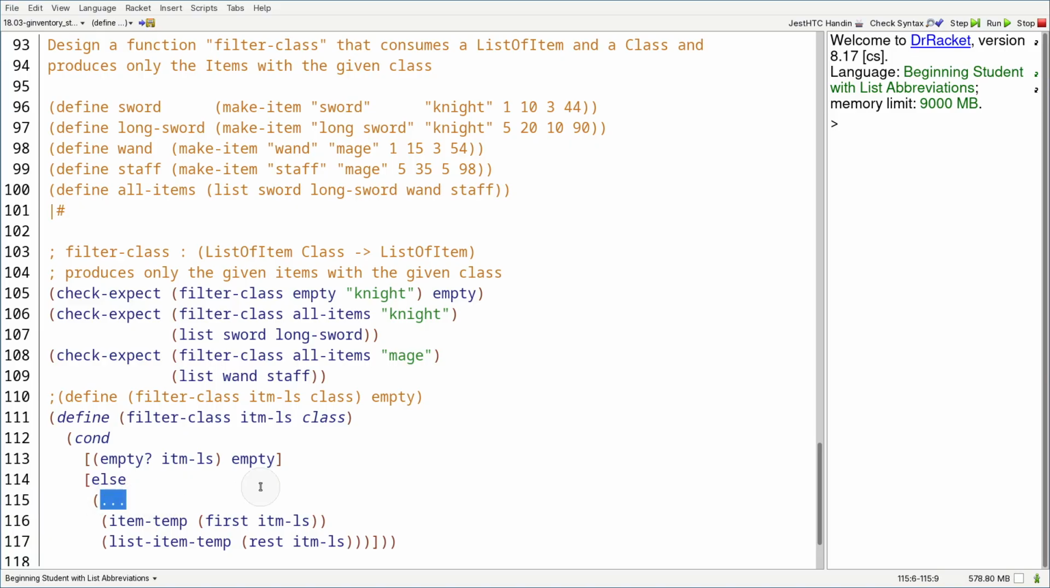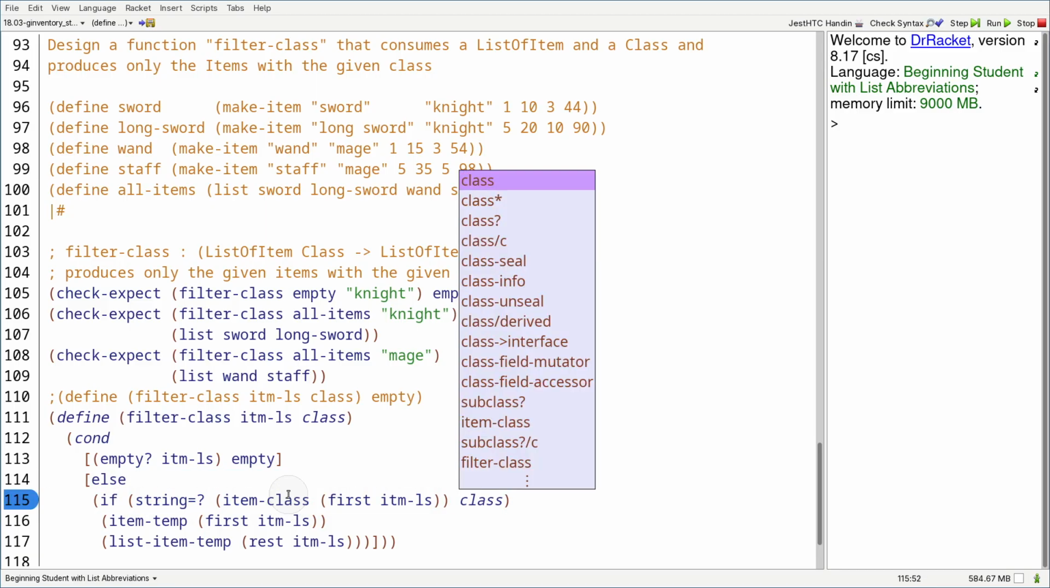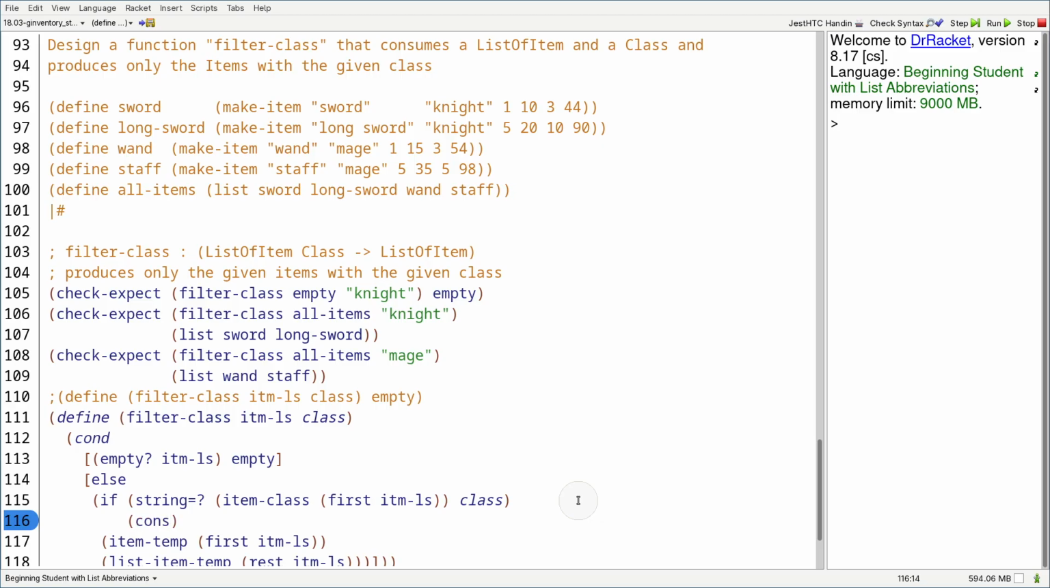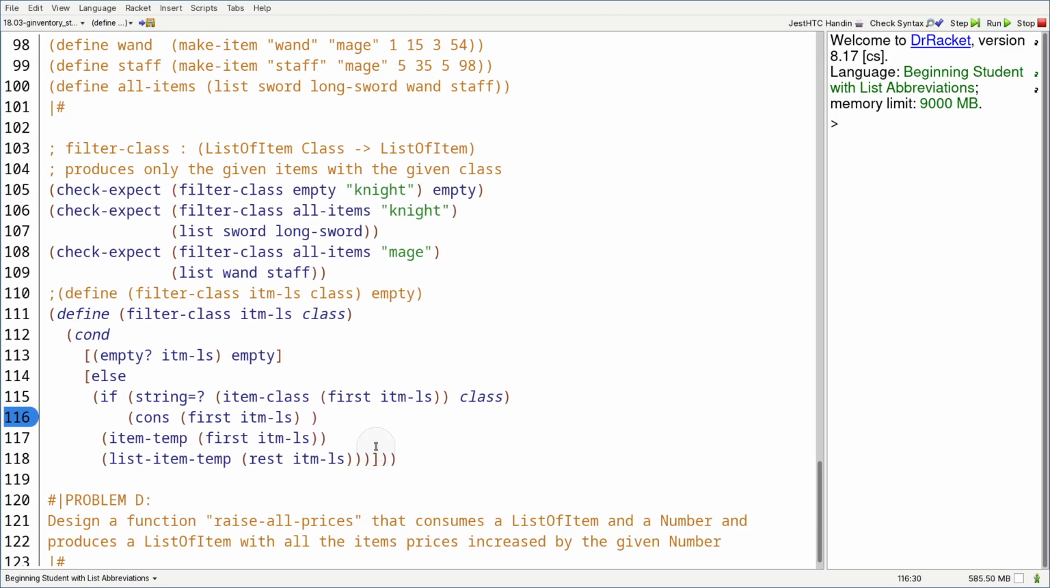So if, over here, what do we want to compare? We want to get the item's class here, and compare it with the given class that we're given in this function. They are strings, so string=? on the class. If it is part of the given class, we want to cons it on: cons the item itself onto the rest of the list,